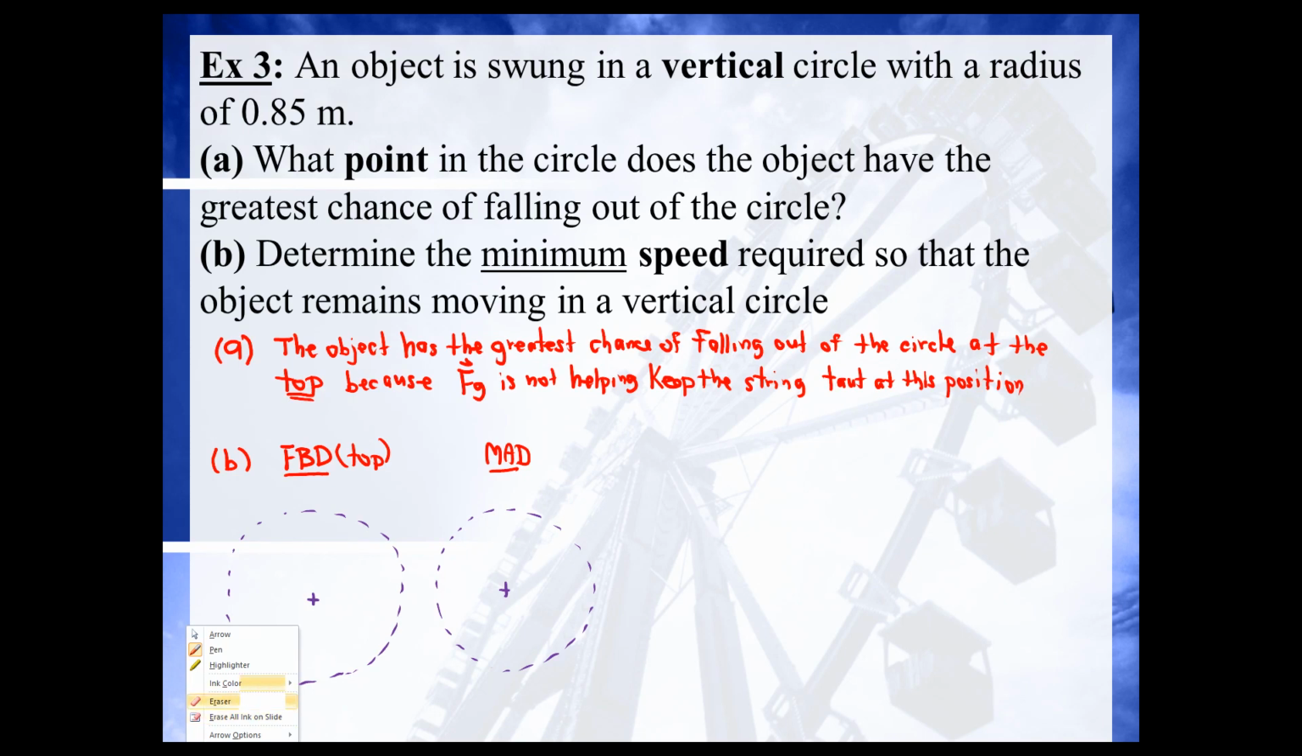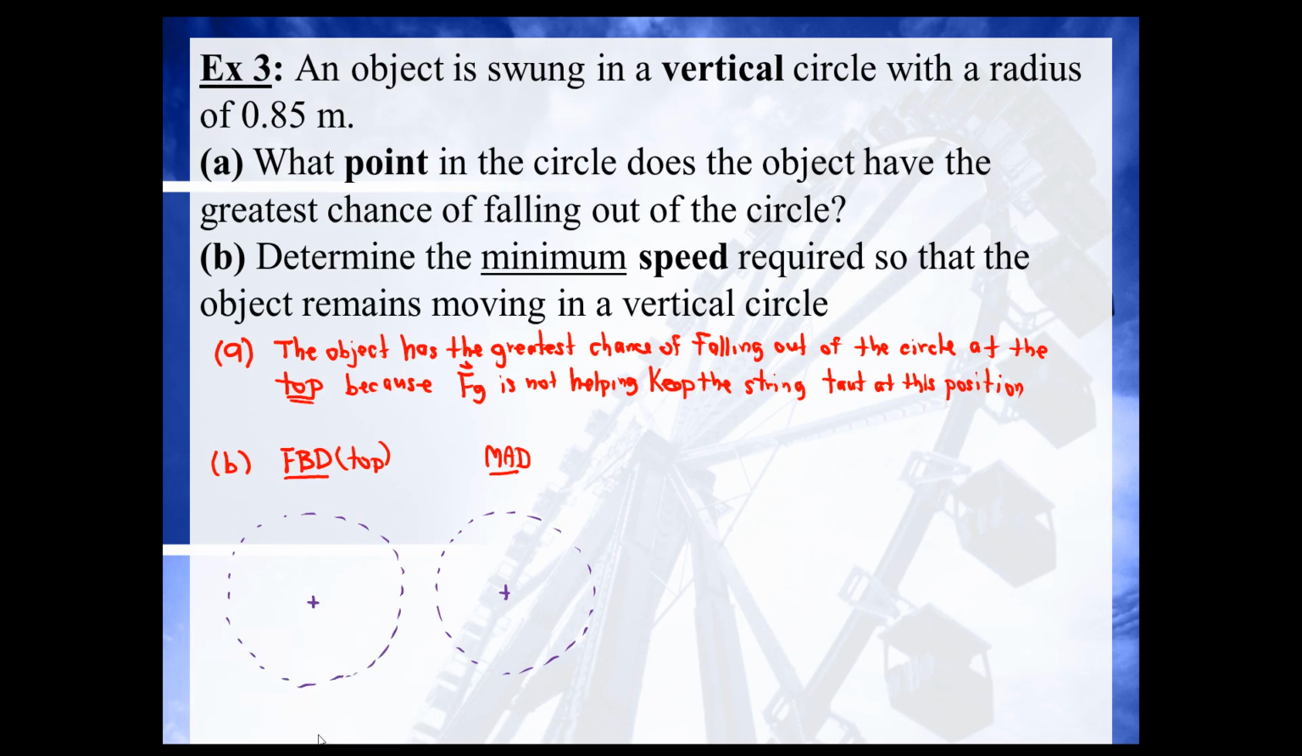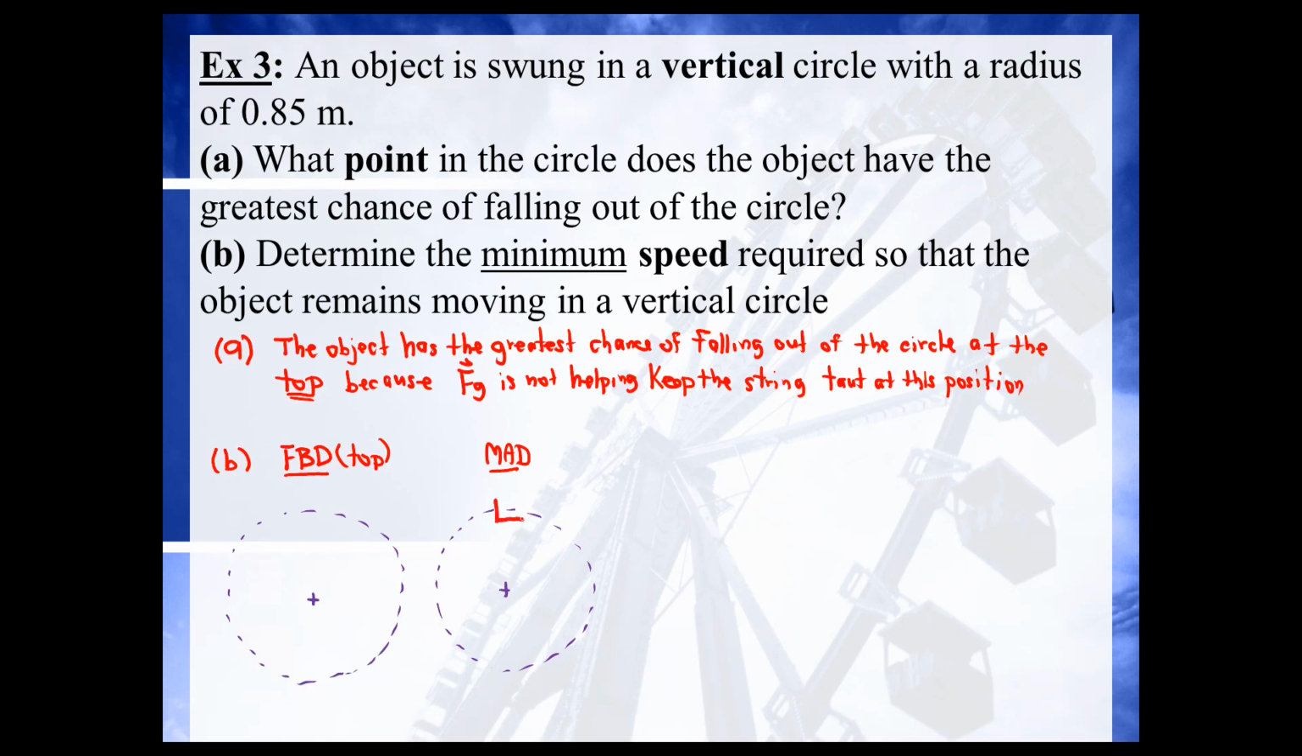Okay, and we'll draw the object, do the MAD first. Use M to represent the mass. My centripetal acceleration always points towards the center of the circle. And then at the top of the circle, you would have two forces. You'd have the force of gravity that points down,